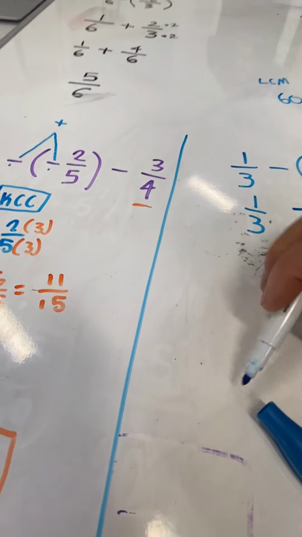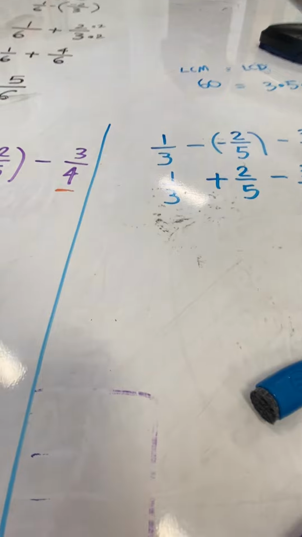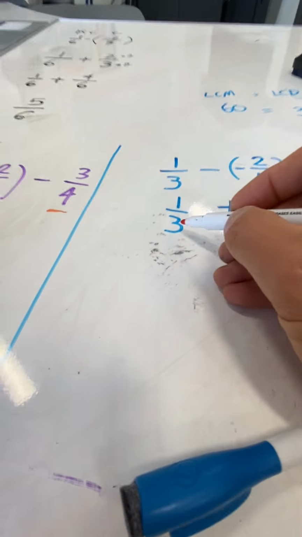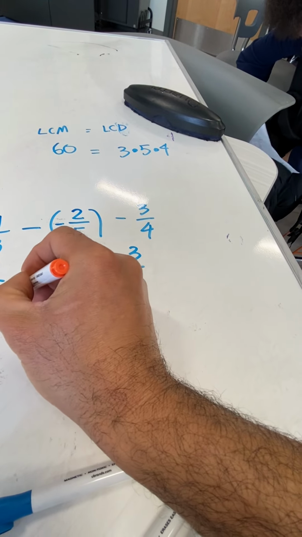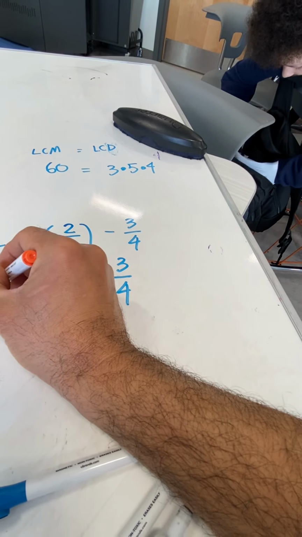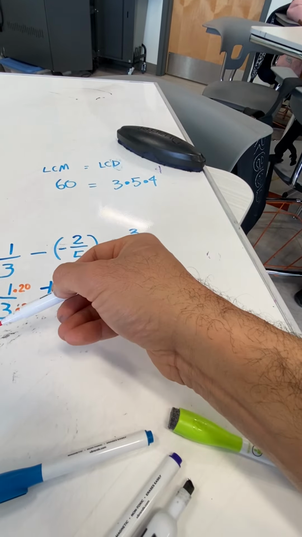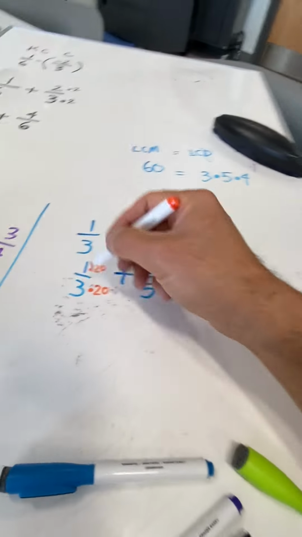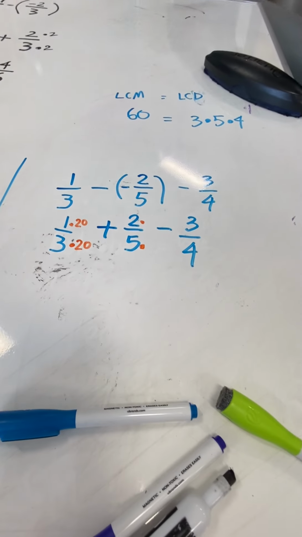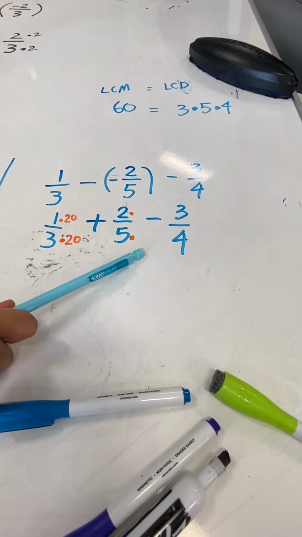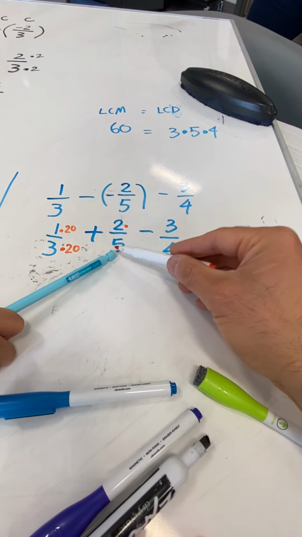Now, how are we going to get to 60 from each of those numbers? You help me out. You tell me. Let's say here. How are we going to get to 60 from here? Times this whole fraction by 20. So we're going to times this numerator and denominator by 20. We're actually timing it by 20 over 20, so we're timing it by 1. We're keeping it equivalent. Okay, what about this one? What do we time it by? Numerator, denominator, top and bottom. To get to 60, from 5 to 60,